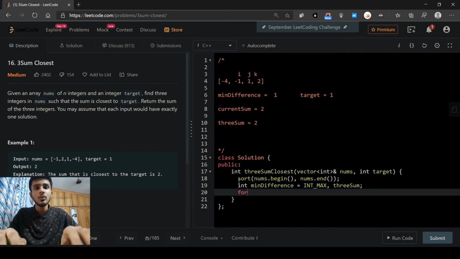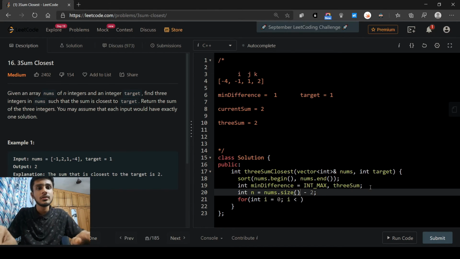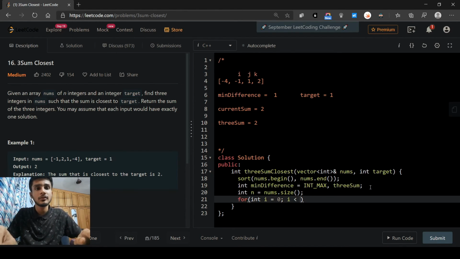So now we run a loop from i equal to 0 to i less than length minus 2. So let's declare length also here, nums.size, so n minus 2 over here, and i plus plus.